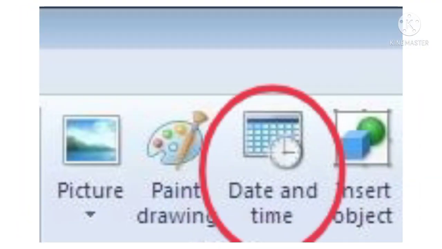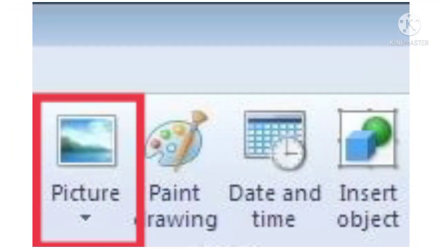Number 3, under the Home tab, go to Insert Group. Number 4, click on Date and Time. Number 5, choose from the available formats for the date and time and click on OK.